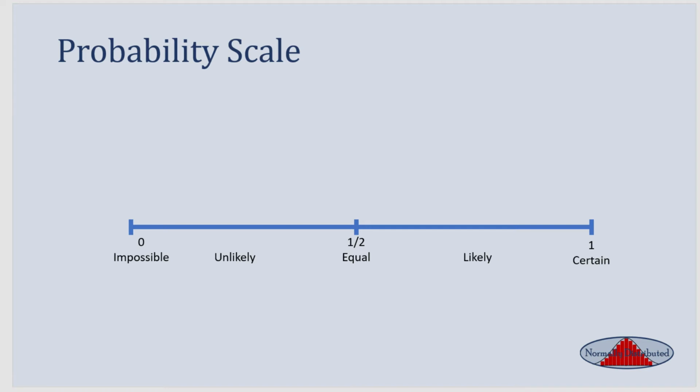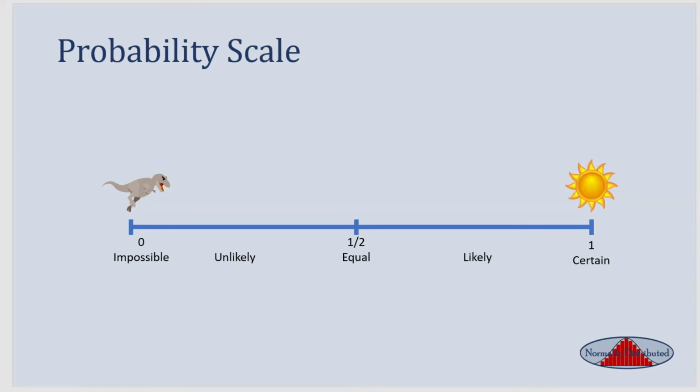On the left, we have a probability of 0. And that means that this event is absolutely impossible. This will never happen. And I can guarantee you that one event that you will never see happen is you will never see a T-Rex, a living T-Rex, on your way home. And on the other side of the scale, we have a probability of 1, which means that the event is absolutely certain to happen. One example of this is that we have an absolute certainty that the sun will come up in the morning.